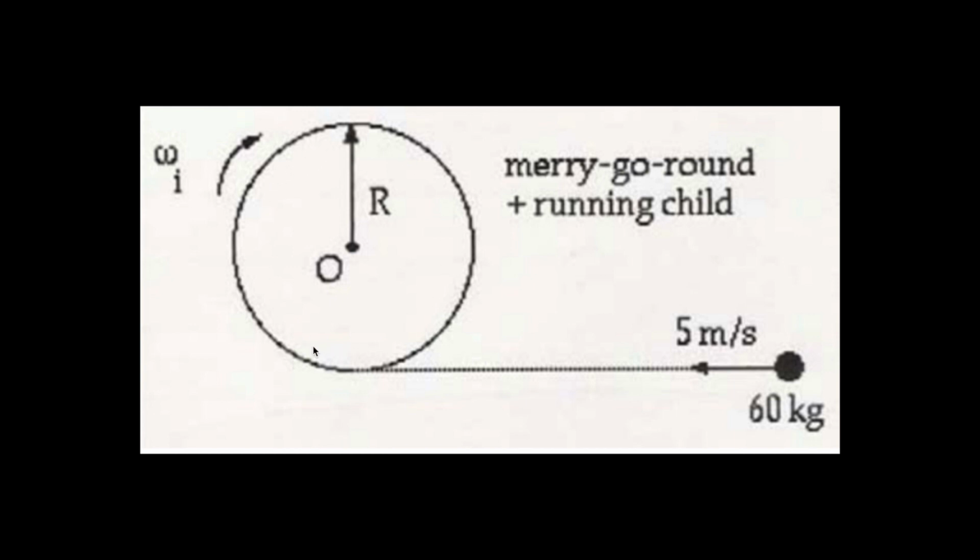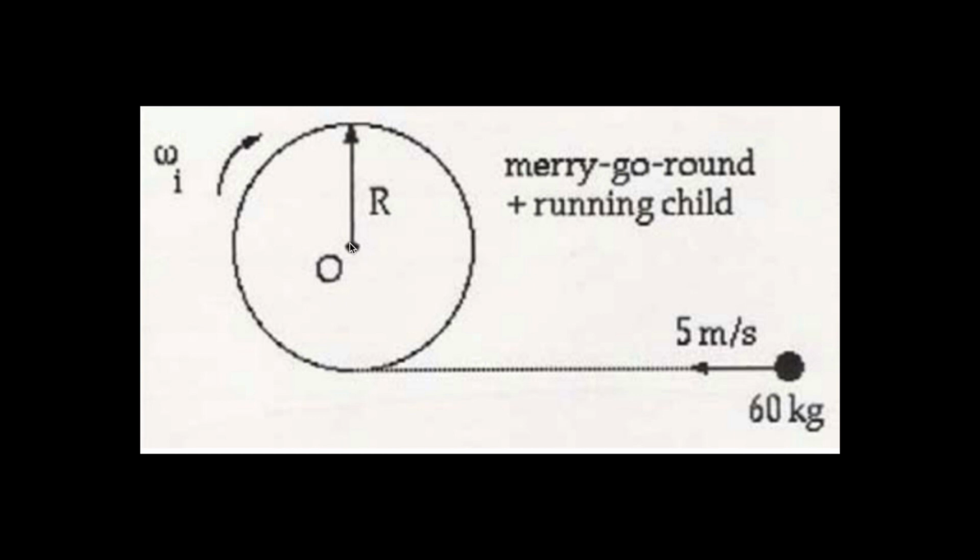radians per second. But this angular velocity is actually going to be negative 4 radians per second because the merry-go-round is rotating clockwise. And as we see in part A, and as the general physics rule tells us, counterclockwise is positive, clockwise is negative. So that will be negative 4 radians per second. And we also see the radius R, which is 3 meters, and the center O, which is the pivot point